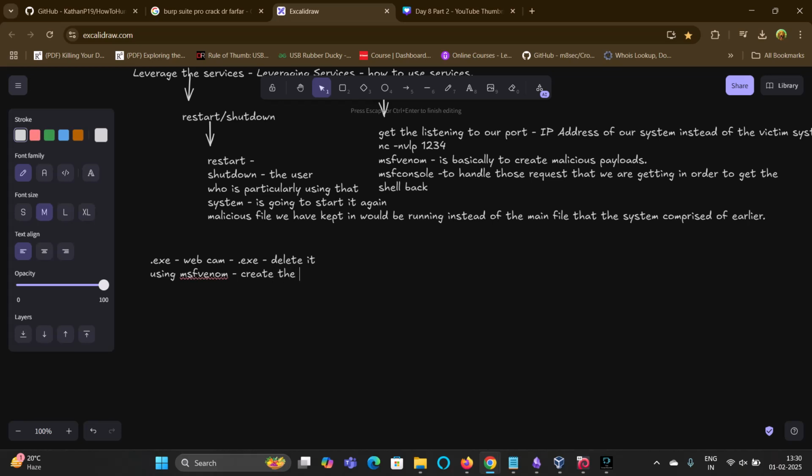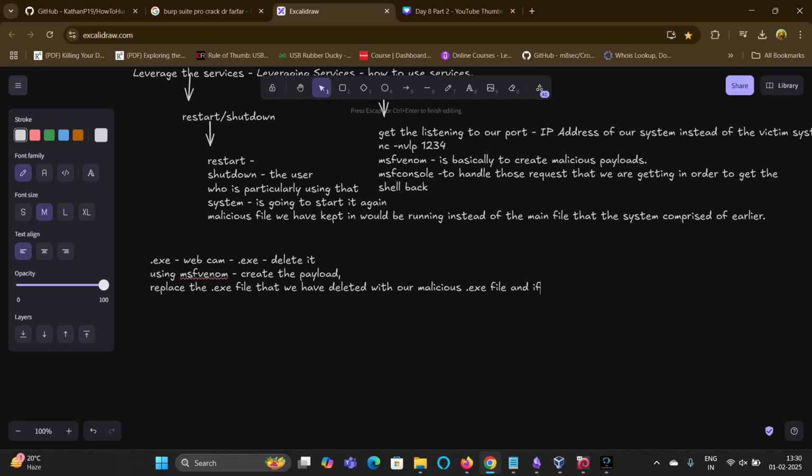After creating the payload, we are going to replace the .exe file that we have deleted with our malicious .exe file.